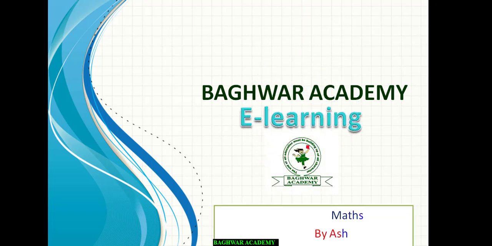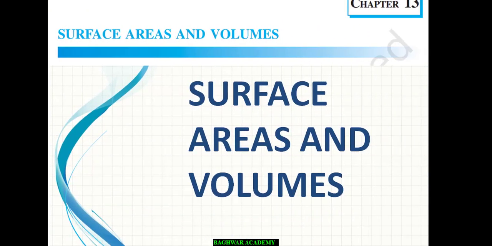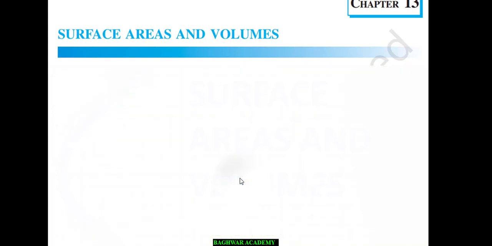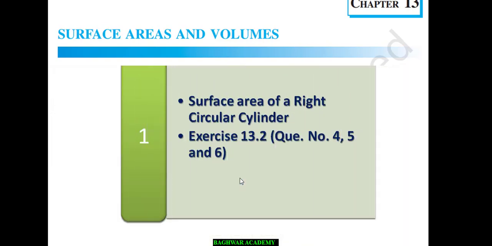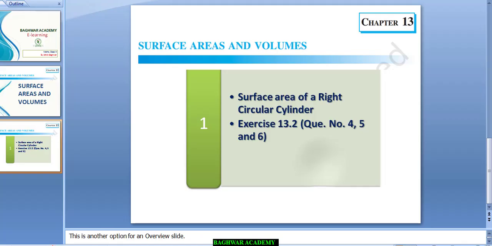As we have been doing mensuration and already a few questions we have solved, it was told to complete the exercise. I hope a few of you must have completed, and those who have not completed, please be with your book and copy so that together you can learn. Today in this class we are going to see question number 4, 5 and 6. So let's see how we will solve these questions. Try to understand properly, and the remaining questions you must be able to solve. If your concept is clear, definitely you will be able to solve. So just see how it is being solved.